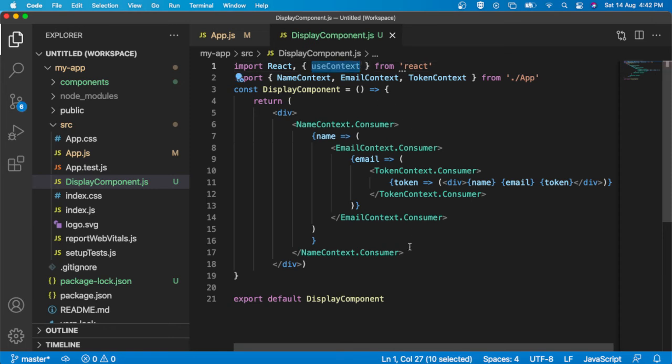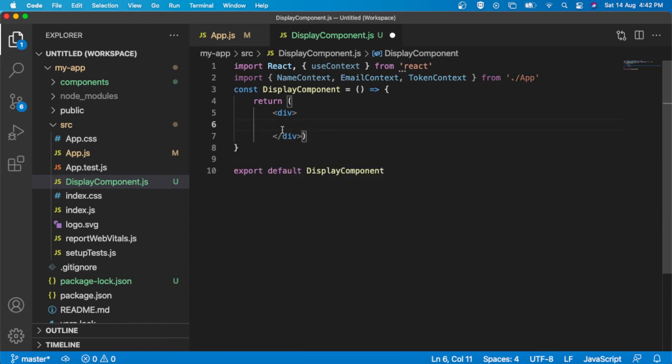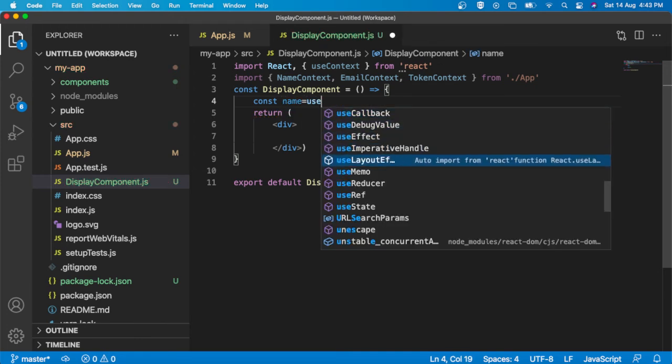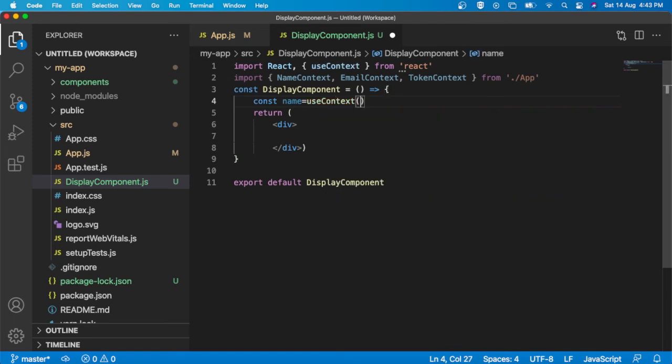So how I am going to use this is, I am going to remove this old code. Now I am going to declare const name is equal to useContext.